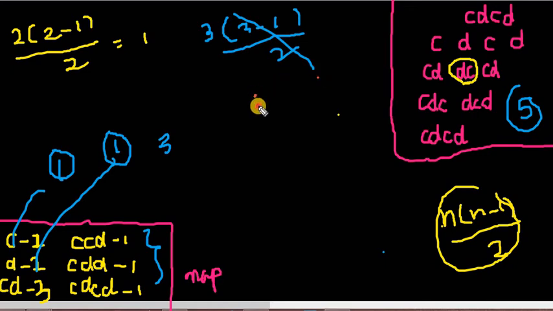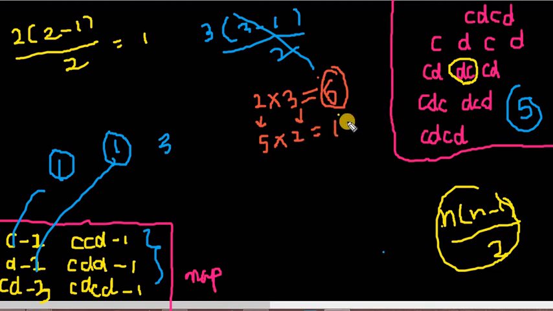So let's say 2 into 3 is 6. You won't get the value 6 for any different permutation or combination of different prime numbers. You can do 5 into 2, it will give you 10. However, with any other prime numbers you won't get this value.